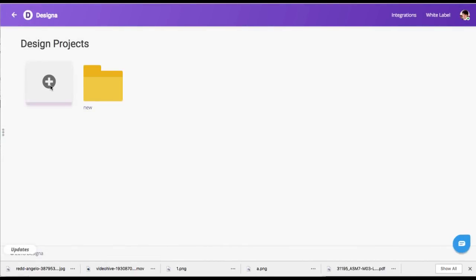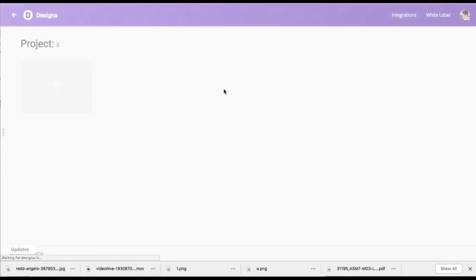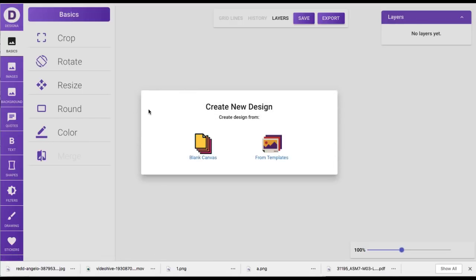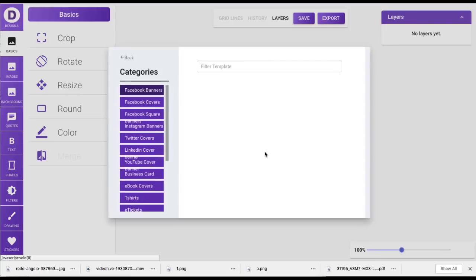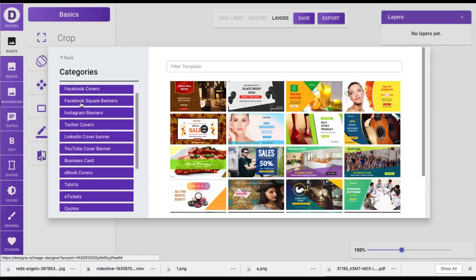To get started, all you have to do is press the plus button to create a new project. I'm just going to enter a quick default name here. And then you can create different projects or different graphics, headers, banners, etc. within that project. Now you can start with a blank canvas or you can choose from their templates. And like I said, there's 3,000 templates it looks like on the front end. And you can pick things like Facebook banners, Facebook covers, square banners for like square ads, Instagram ads,